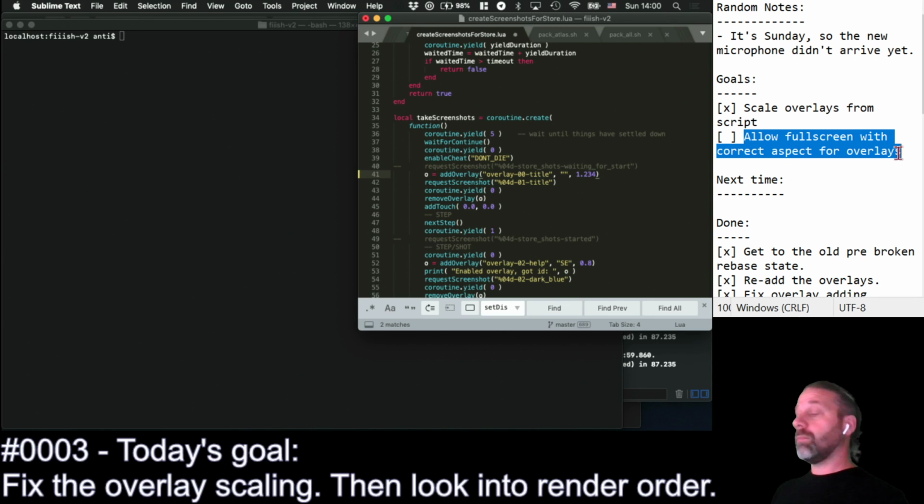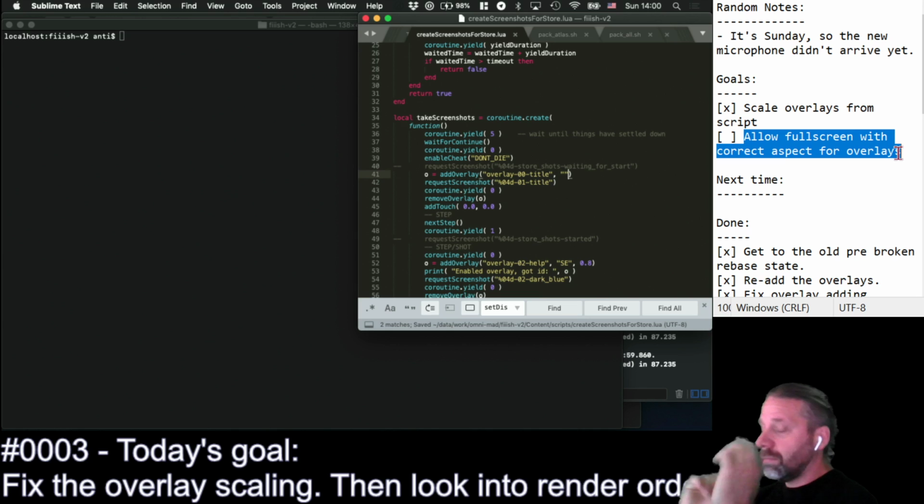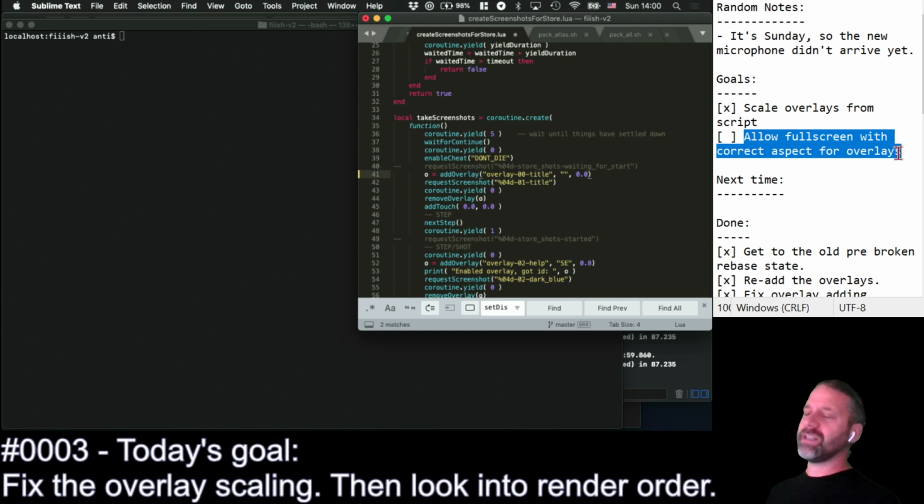The problem with that is I don't want to do the calculations in the Lua. I just want the Lua to say, hey, do the right thing. So we could use something like magic and say, hey, if I tell it scale to 0, scale to full screen and zoom, but magic numbers are always bad. So what I think I would like is